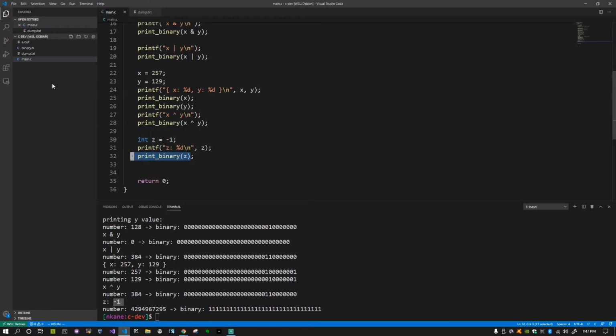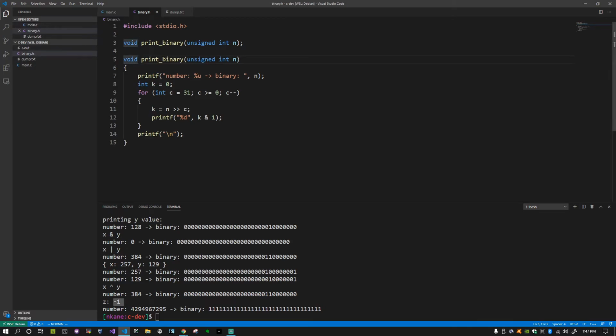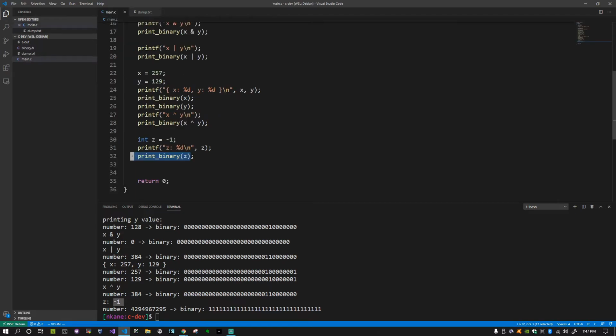But in this call, looking back at our binary.h file, we have an unsigned integer. And because a signed versus an unsigned integer interprets data differently, we get this weird large value, but the binary representation stays the same. So this might be a little confusing still. Don't worry about it. Watch the video a few times, practice on your own, and eventually you'll get this stuff. I know it's a little bit confusing at first, but anyways,